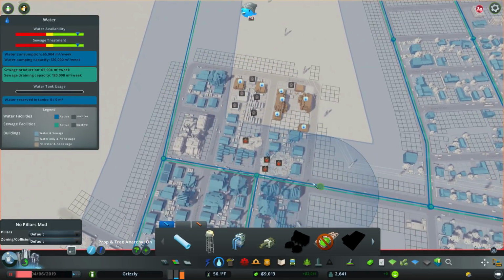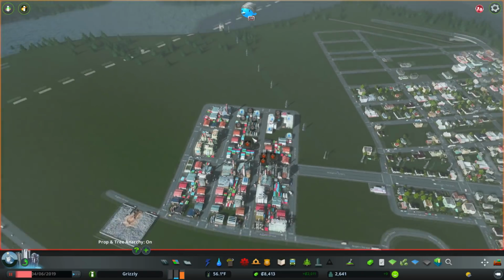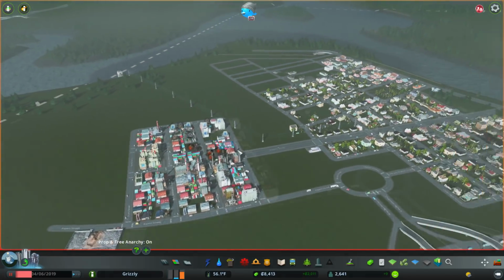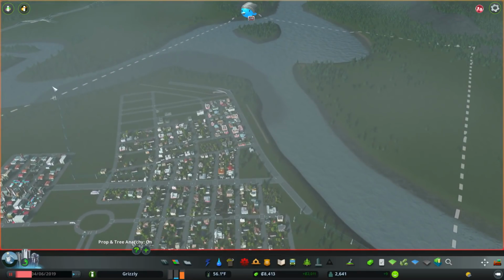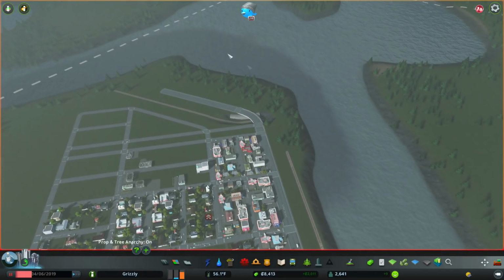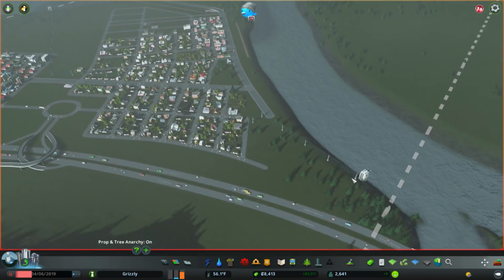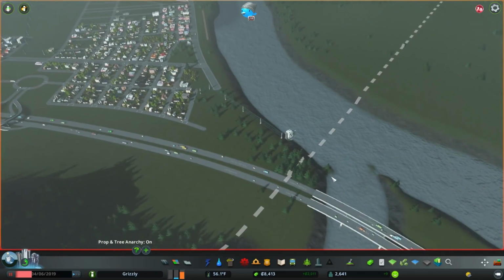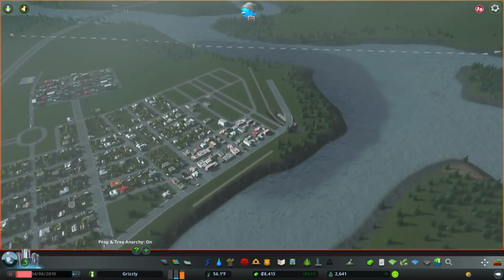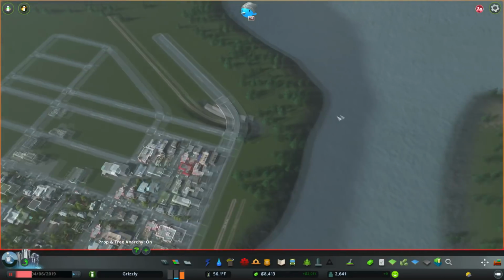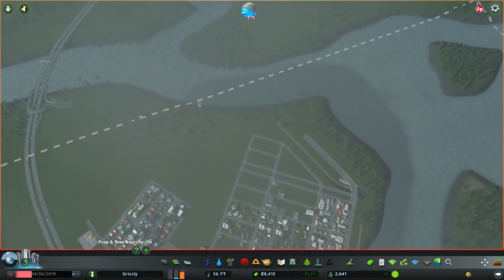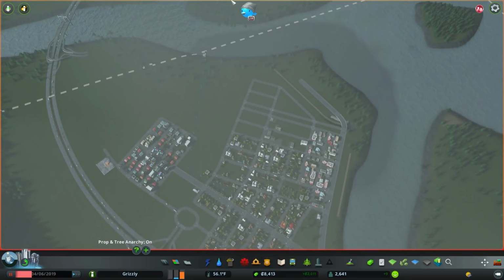I guess we need to add water pipes so these people have some water to drink. Let's check the sewage situation out. It looks like our sewage is kind of starting to get closer and closer to our water pump. I still think we're fine, and then eventually when we have the money, I'd like to upgrade to the water